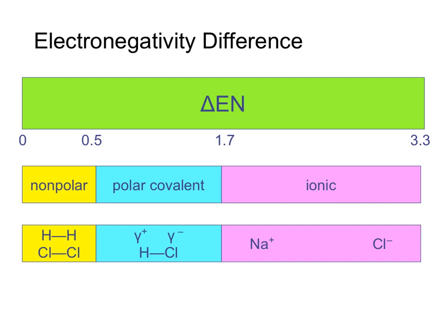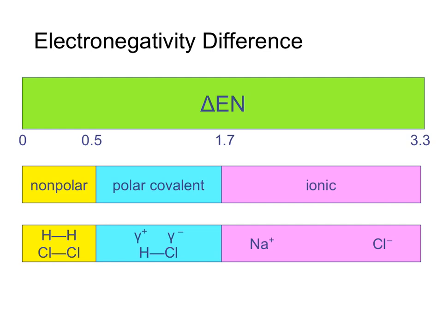If we have differences in electronegativity between 0.5 and 1.7, we consider that to be what we call a polar covalent bond. In other words, it is still a covalent bond in that the electrons in that bond are shared between the two nuclei. However, they are not shared equally at that point. The electrons are spending more time near the more electronegative atom, such as our bond between hydrogen and chlorine in hydrochloric acid. Chlorine is substantially more electronegative than hydrogen, and thus the electrons spend more of their time near the